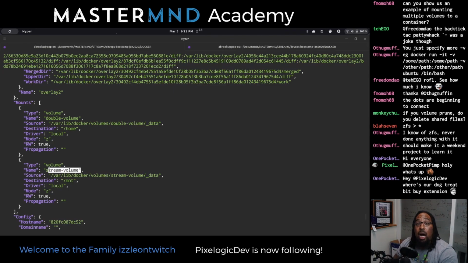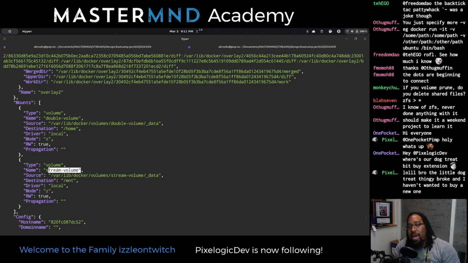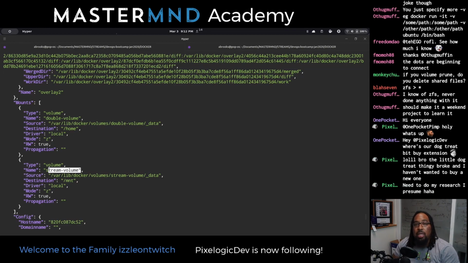So maybe you have some type of application, maybe you wrote a Docker container that has a script inside of it that every day pulls down some data. Maybe you have a bunch of users going to a site who submit their information, and it all goes out to like an S3 bucket or something. Every day you want to download that to your computer. Now this seems like a hassle. I wouldn't create a container to do this, but maybe you have a container that downloads that information. If you want it to stay on your computer, you may do something like this and attach it to a volume to make sure that when it's done and it dies and it's finished its job, it's available for you somewhere.